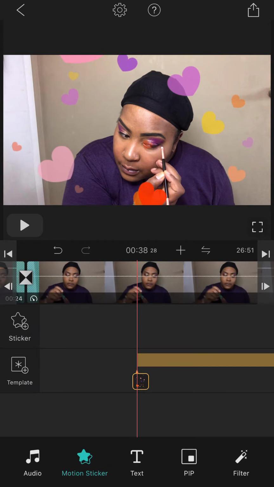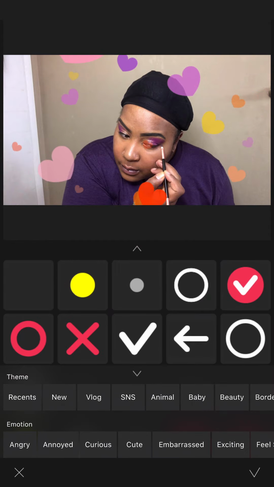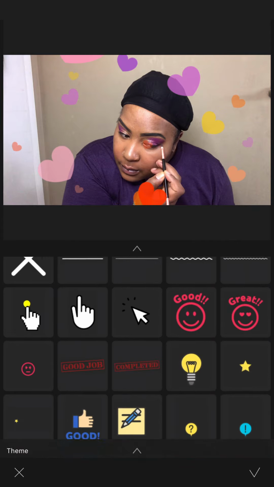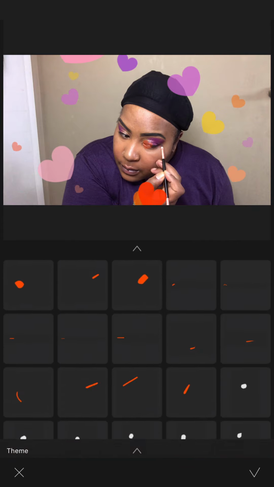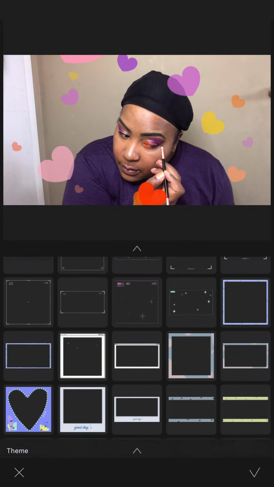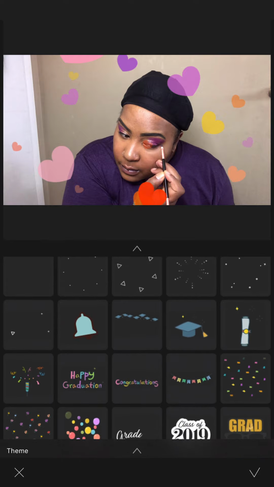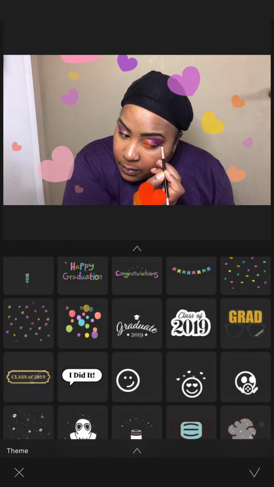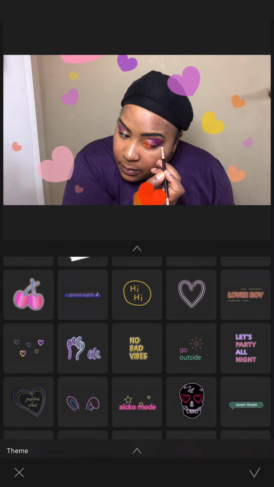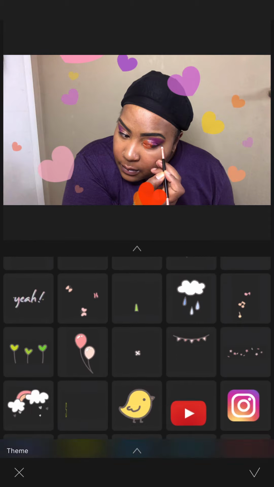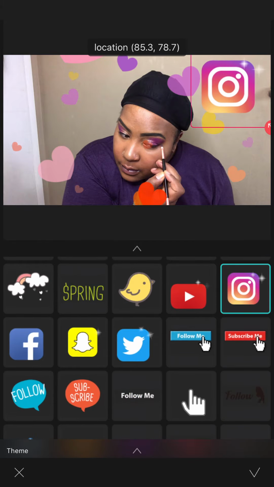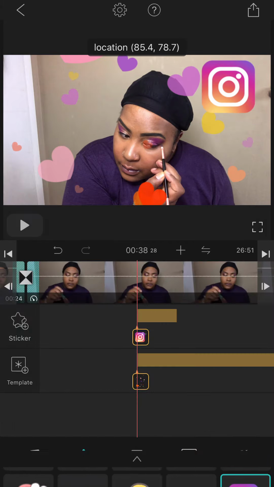So when you hit the sticker over in the left, and I hit this little arrow right there, it gives you all kind of things you can add into your video. So whatever time of year, or little animations, happy graduation, you see all of these different ones. So of course, if you're doing a YouTube video, you want to hit okay, you want to add this in, and you can make it smaller